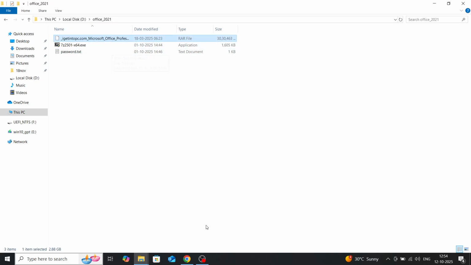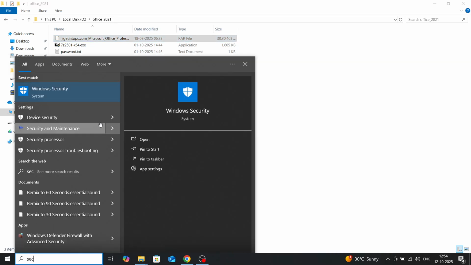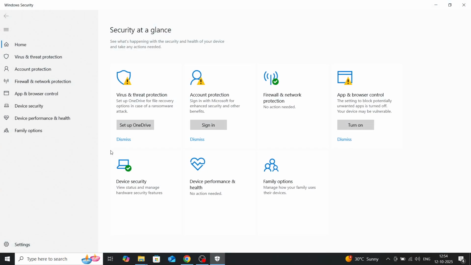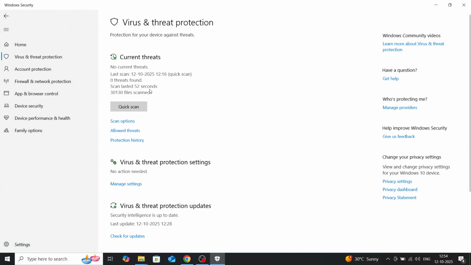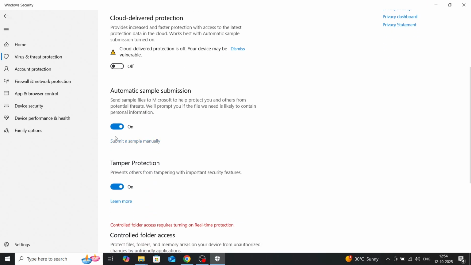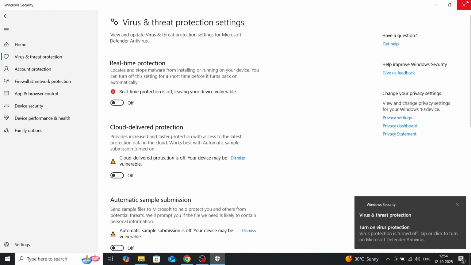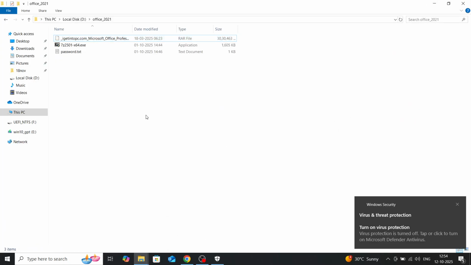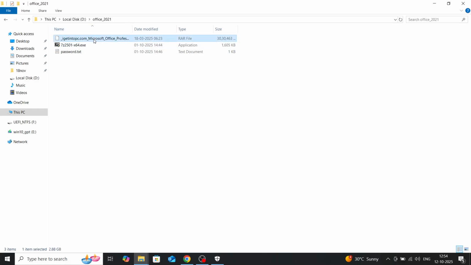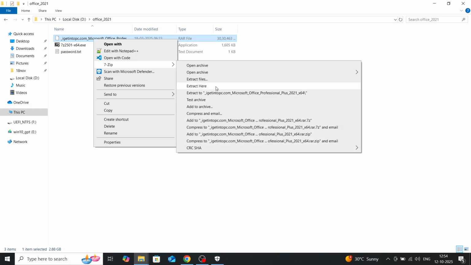But before extracting this file, what steps do you have to follow? Press the Windows key and search for security. Open Windows Security, then come to Threat Protection, then Manage Settings, and turn off all these settings first, because we need a crack version. That's why stop these settings, come here, right click, and use 7-zip Extract Here,